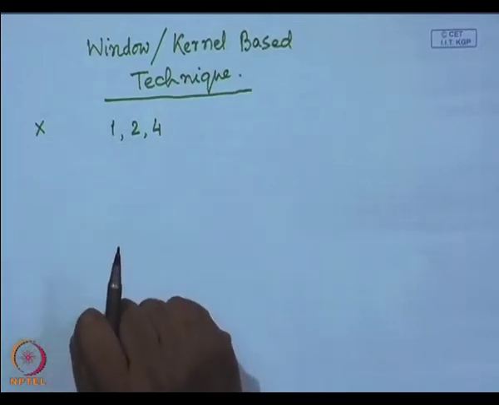So, using just these three samples, we want to estimate the probability density function, and I assume that every sample represents a probability density function which is a delta function. A delta function has a very small width and certain height, and because we have three samples at 1, 2 and 4 for estimation of the probability density function,